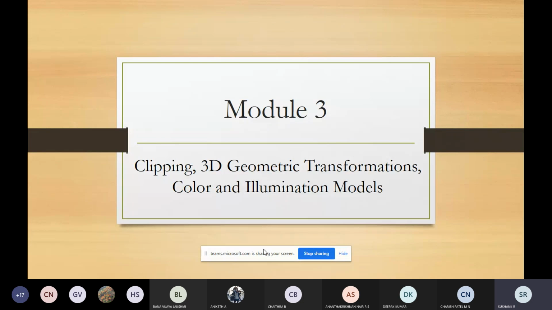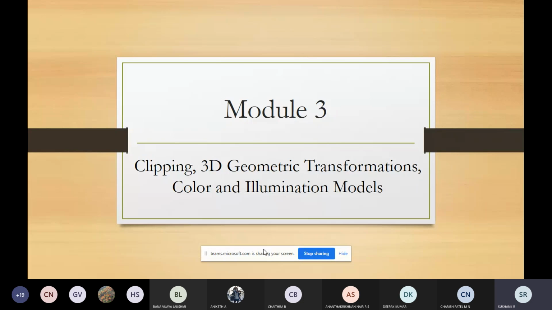is there, Cohen-Sutherland's algorithm, that is very important. And after that, this Cohen-Sutherland line clipping algorithm is there in your lab exercise also, as a part of lab program also it is there. So that also is very important from examination point of view.